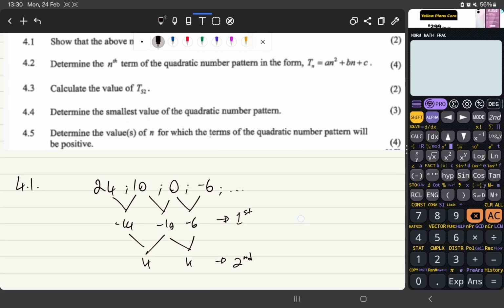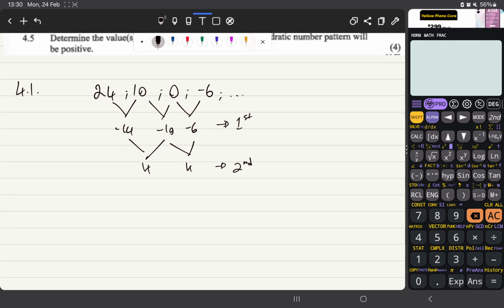And the next one just says find a general term. Since we've already done the differences, so 4, 2,